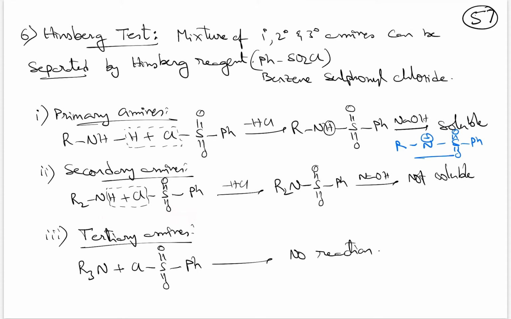And secondary amines also will undergo the removal of HCl like this and form a compound, but this compound does not have any acidic hydrogen, therefore no reaction with NaOH. So whatever precipitate is formed, that will be insoluble. And for tertiary amines, first of all, there will be no reaction at all, because there is no hydrogen on nitrogen. Therefore HCl elimination like this will not happen for tertiary amines, so there will be no precipitate. Here you see the precipitate is formed, but after addition of NaOH it became soluble. And here also precipitate is formed, but after addition of NaOH it is still insoluble. But here there is no precipitate formation. That itself indicates that the given amine is a tertiary amine. This is about the Hinsberg test.